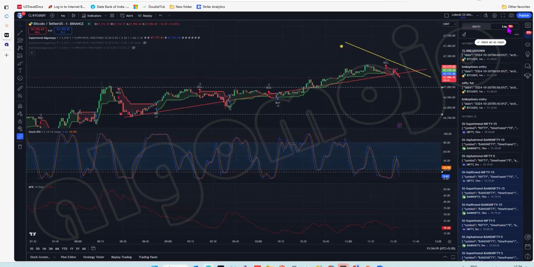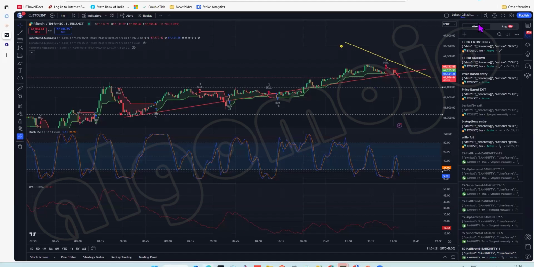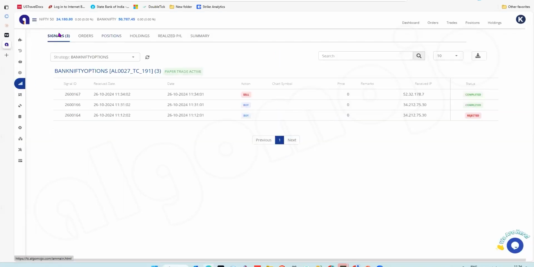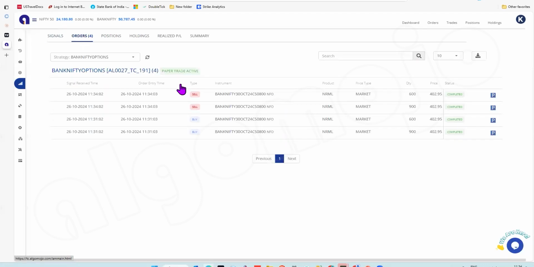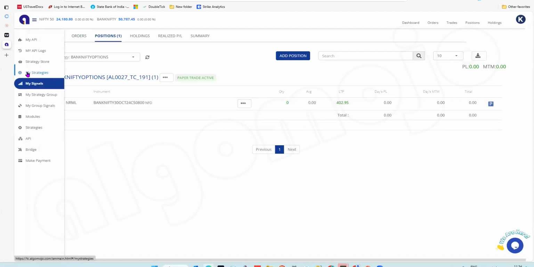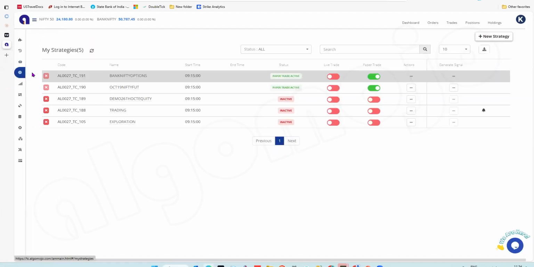Now the candle has closed and we should have got the alert. So the TL breakdown should have got triggered. Yeah, it should have got triggered. So let's look at what has happened. We got a sell here because there was a trend line breakdown. So what it has done is it has closed the CE position. Now, suppose on that breakdown we wanted a PE to be taken after closing the CE, we should be using a rule called